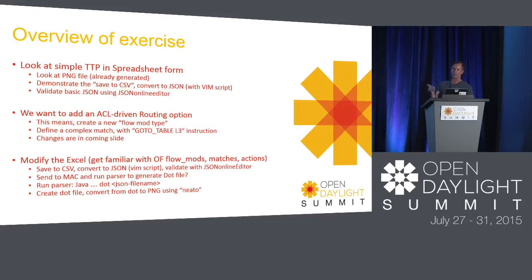We can do that in this Excel spreadsheet by changing about 10 lines, and there's a slide that tells you which 10 lines. This is basically just an exercise to build a little familiarity with what it's like to manipulate a switch with OpenFlow, how you think that through, and capture that in a TTP format. So the process is we modify the Excel, and I'll do one step of it live just to show what we're doing. Then save it to CSV, convert it to JSON using the script,